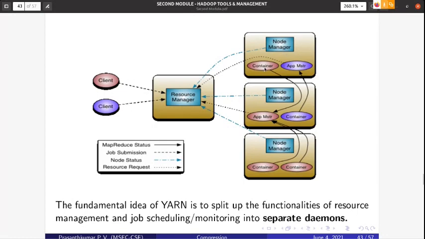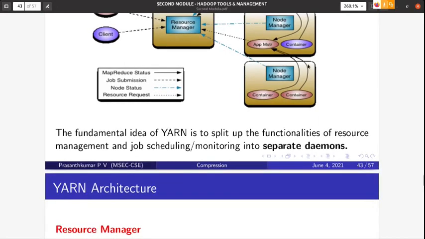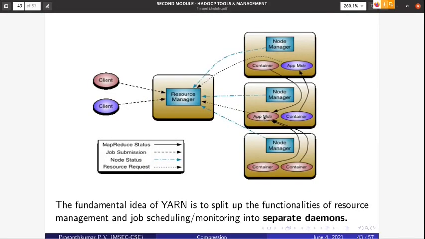To start a container, it is not a request, it's an instruction from the application master to the node manager: start a container. Similarly, you can see here this application master gave instructions to this node to start these two containers. Is it clear? These two containers are assigned to this application master.